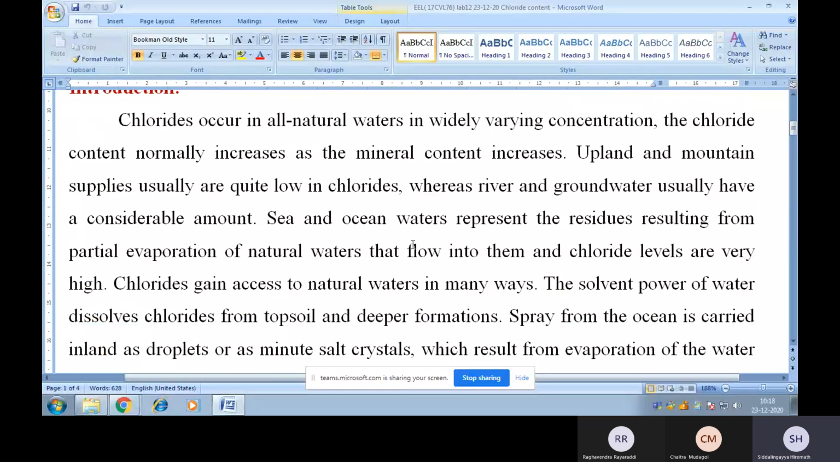So chlorides occur in all natural waters in widely varying concentration. The chloride content normally increases as the mineral content increases. Upland and mountain supplies usually are quite low in chlorides, whereas river and groundwater